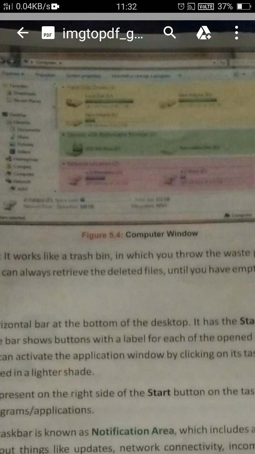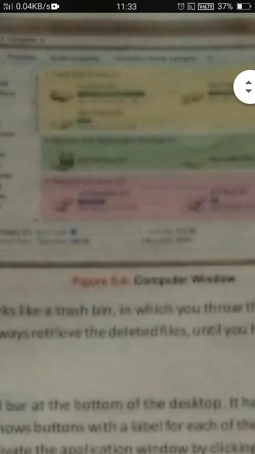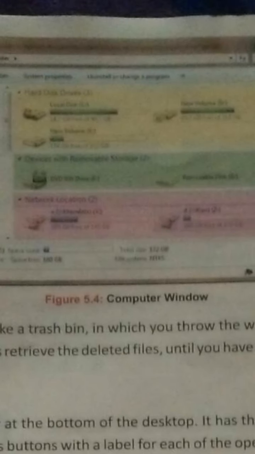Computer window means when you click on the start button, you find My Computer there, and when you click on that, you will see this screen on your computer. Here in this screen, different drives are there.